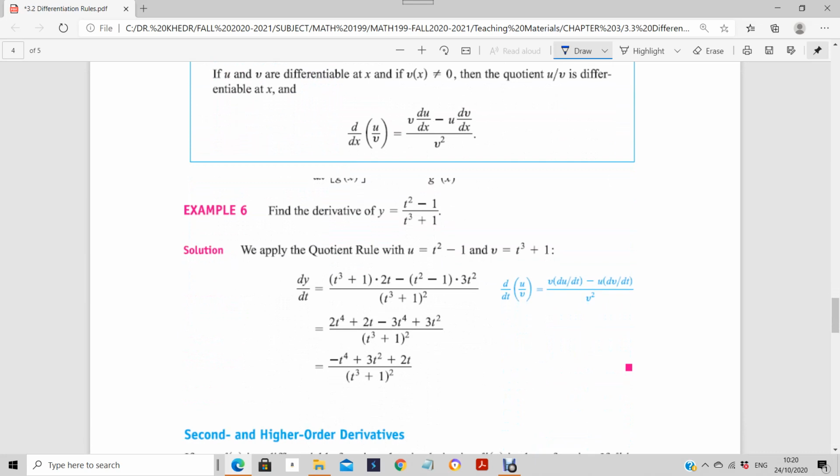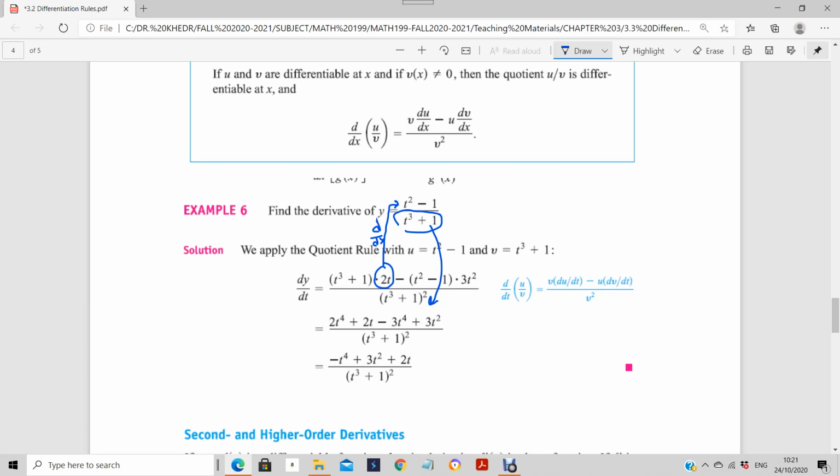If y equals t squared minus 1 divided by t to the power 3 plus 1. So to find the derivative, first we have to square the denominator. So this denominator here is squared. You can see here we squared it. And then we multiply the denominator by the derivative of the numerator. See, this one is the derivative of the numerator, d by dx, which is 2t,